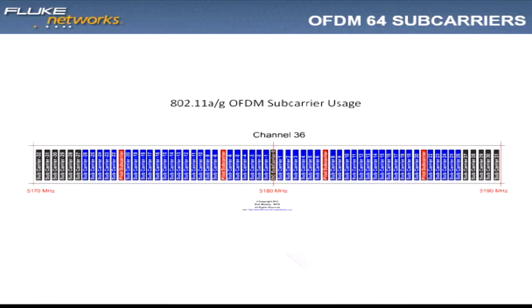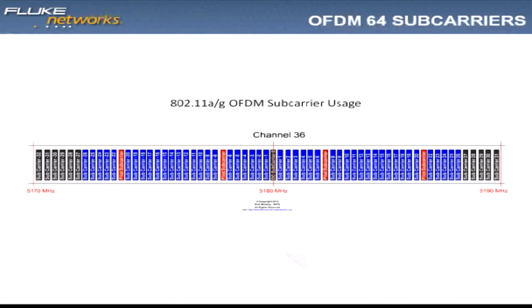Of these 64 transmitters, using legacy 802.11a and G OFDM, the technique always reserved 6 subcarriers at the lower end of the channel and 5 subcarriers at the upper end of the channel, and the very center frequency. Those were used for protection. We call those guard subcarriers. Now, we've got to be careful with that term because we use the term guard in 2 different ways, and I want to make sure you're clear on that. These are guard subcarriers. They create a guard band, and they help us to provide